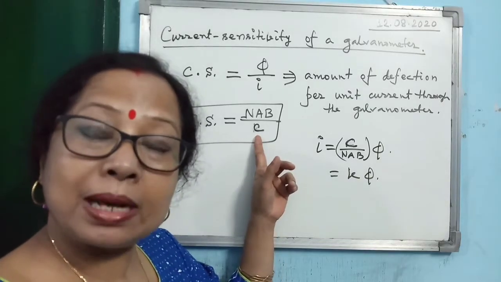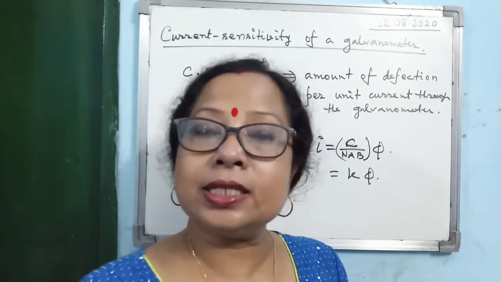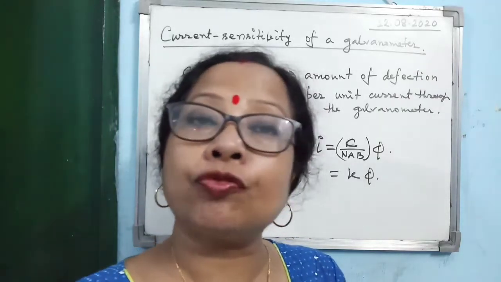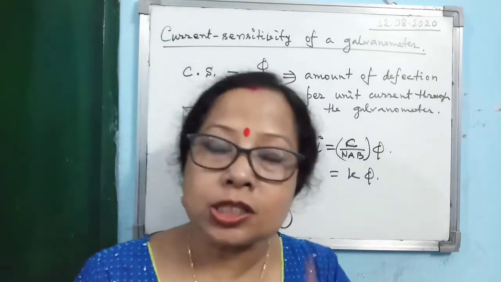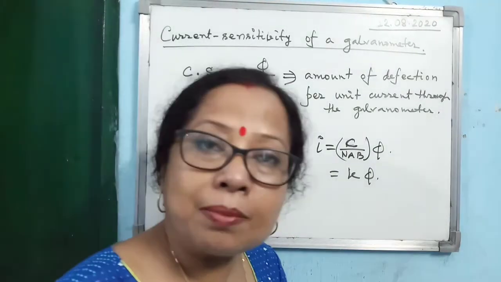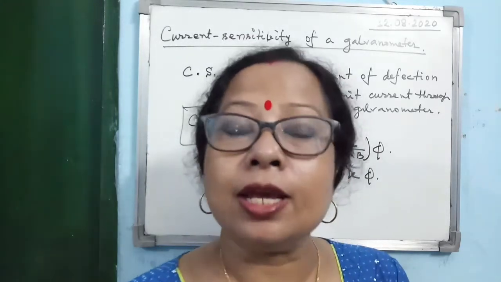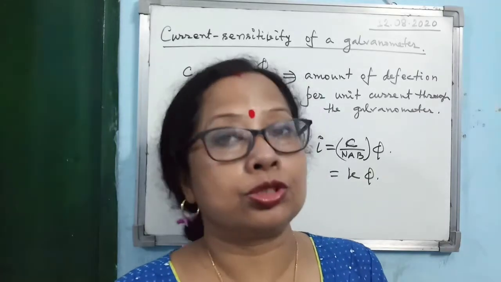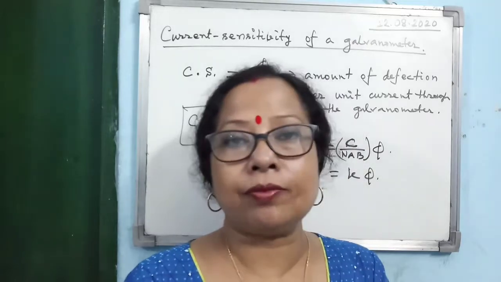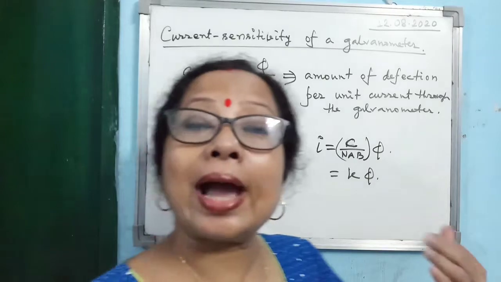Okay, I hope you can remember C is the torsional constant of that fiber which is used to suspend the coil. So that is the reason that we choose phosphor bronze fiber. For phosphor bronze fiber, the value of C is less. So verbally I am saying this, please kindly note it down in the notebook why phosphor bronze fiber is used. For phosphor bronze fiber, the value of the torsional constant C is quite less.